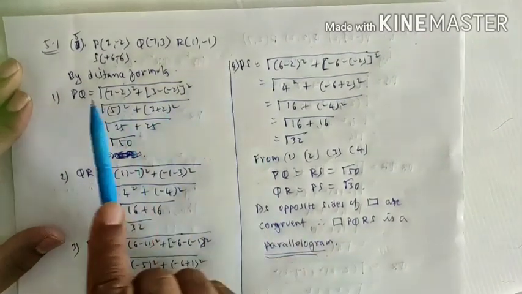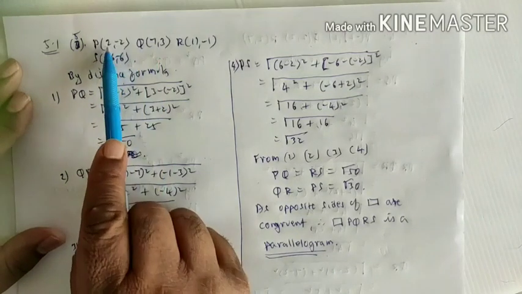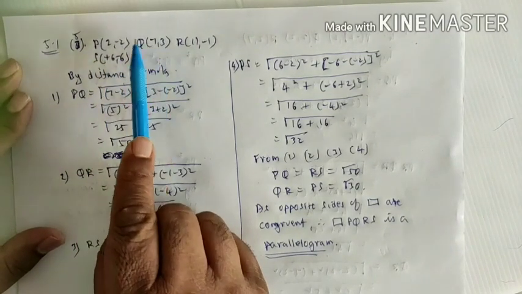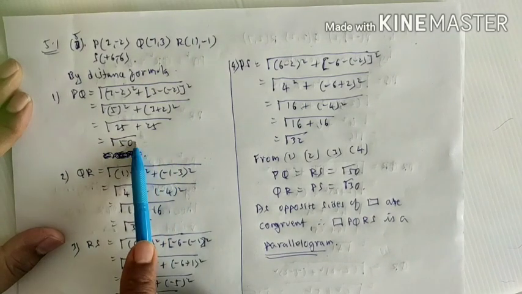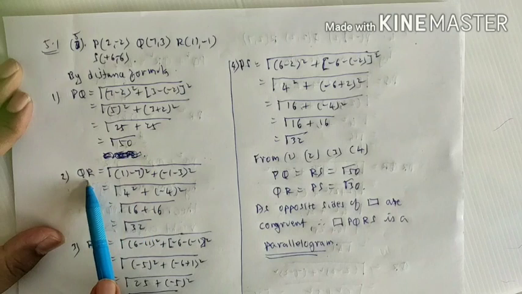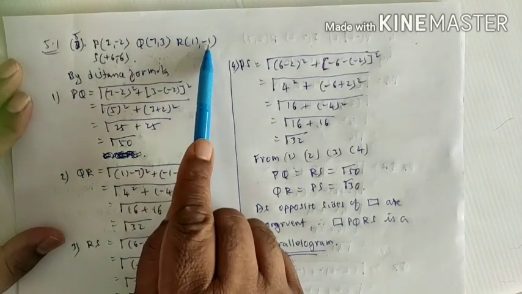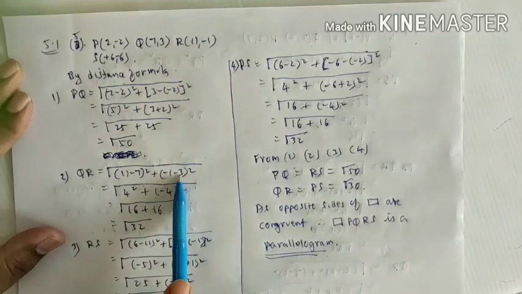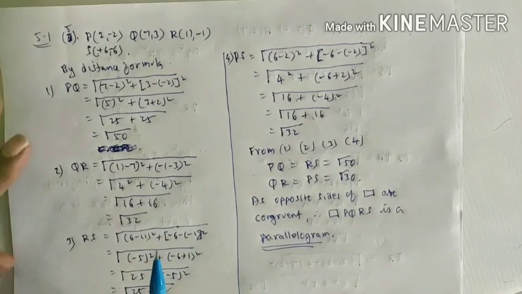See, PQ, how much we get? Under root (7 minus 2) square plus (3 minus 2) square. On solving, how much we get? Root 50. QR: (11 minus 7) square plus (minus 1 minus 3) square. On simplifying, how much are we getting? Root 32. In the same way,